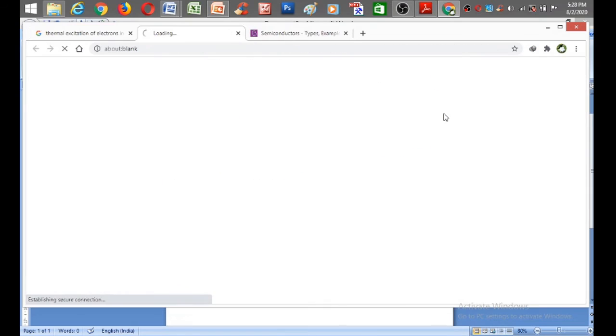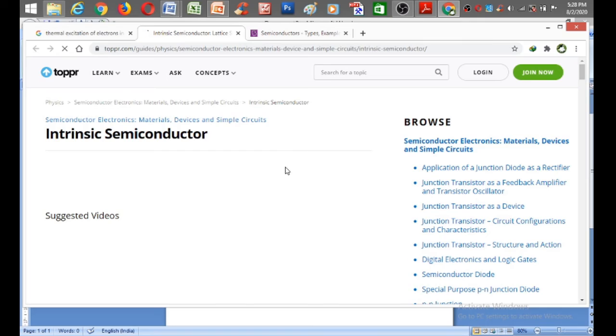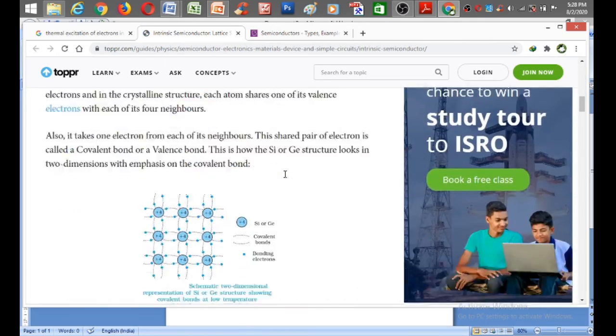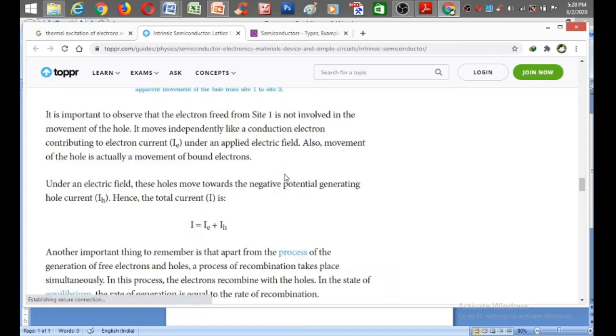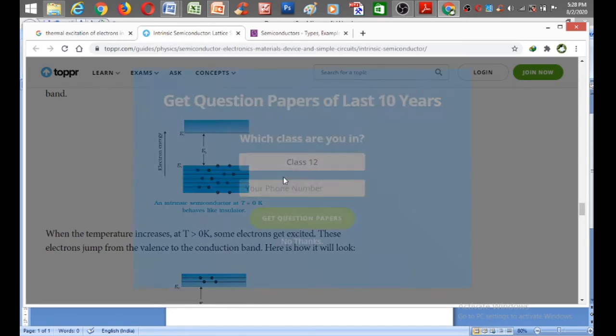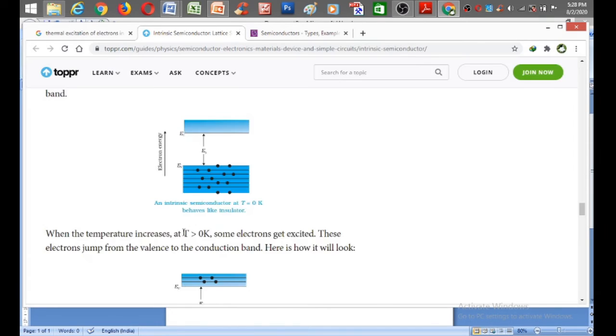So this is what I exactly wanted you all to understand. Please see this. An intrinsic semiconductor at 0 Kelvin is an insulator because it has a completely filled valence band and a completely empty conduction band. These electrons cannot move. There are no electrons here to move, and there is no energy to take an electron from the valence band